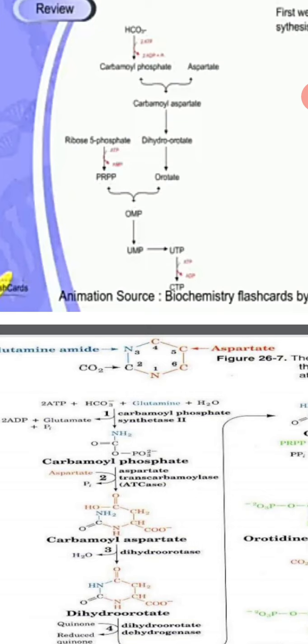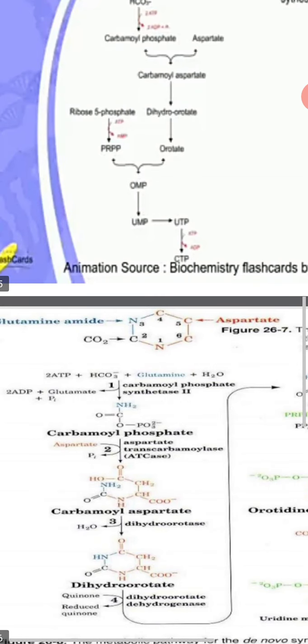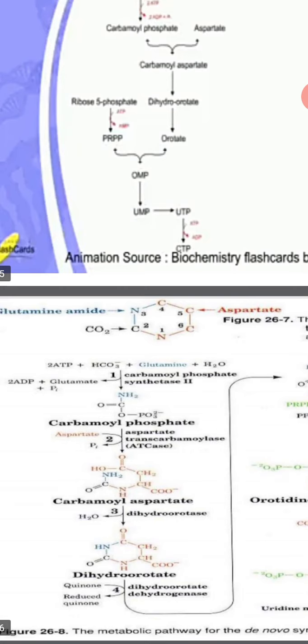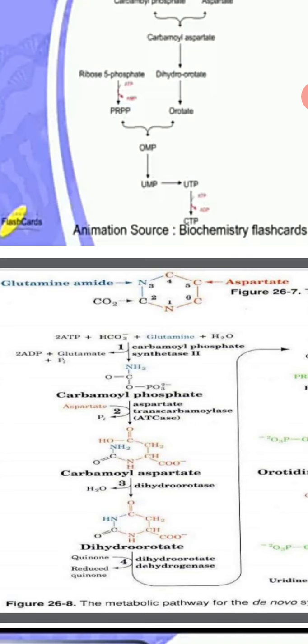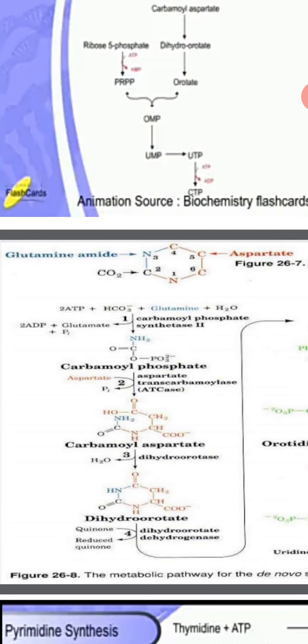Then this OMP changes into UMP by simply eliminating the carbon dioxide, and then UMP is changed into UTP by utilizing ATP energy. That ATP will change into AMP to make UMP into UTP. Then the final product CTP will be formed with the help of... before that I want to say that UMP will be changed into UTP with the help of ATP. ATP changes into AMP with the help of an enzyme, nucleoside kinase. And again ATP is utilized to form CTP from UTP. Here also glutamine is used for nitrogen donation.